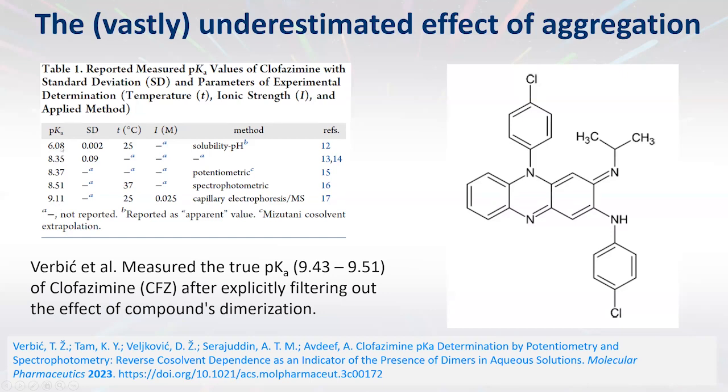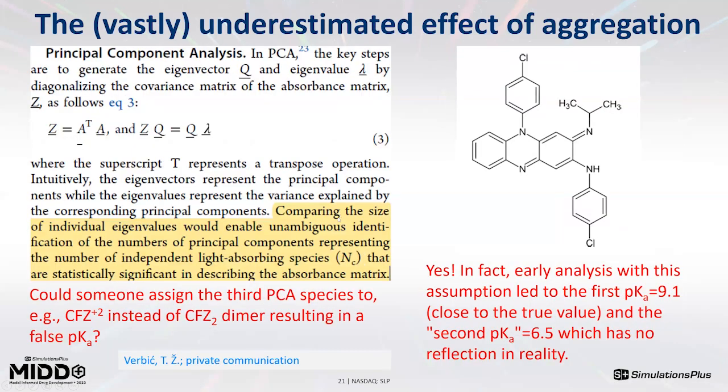The pK differed by 3 orders of magnitude. There are different results from different groups, different methods, and so on. It turned out that if you neglect aggregation, you get bogus results. If you include aggregation explicitly,